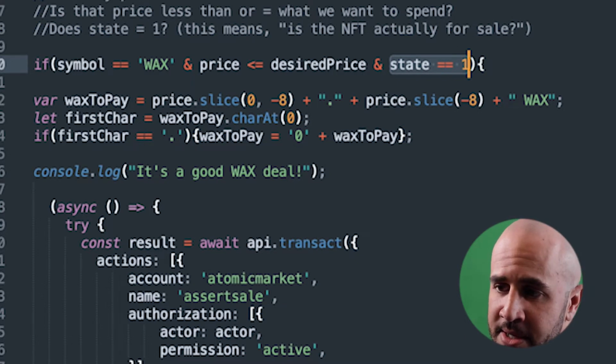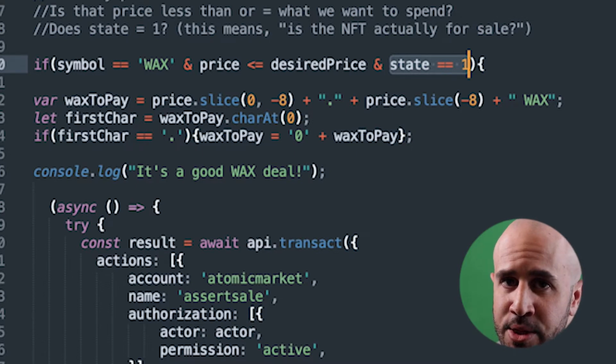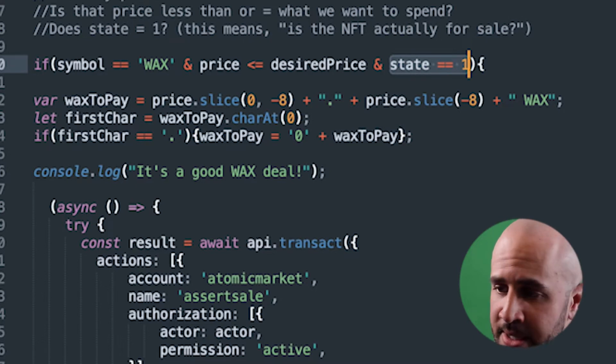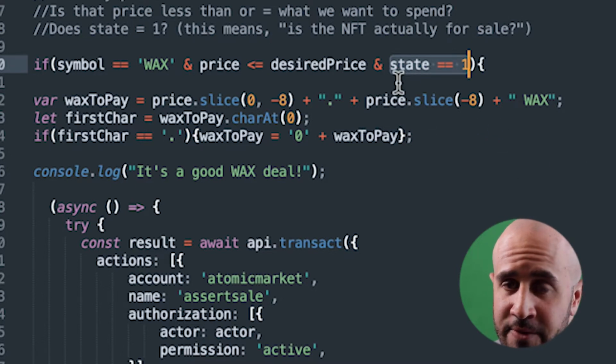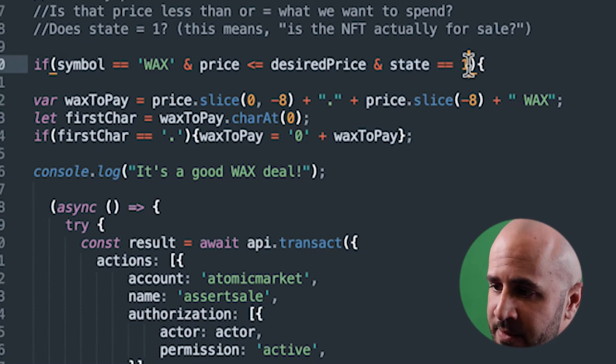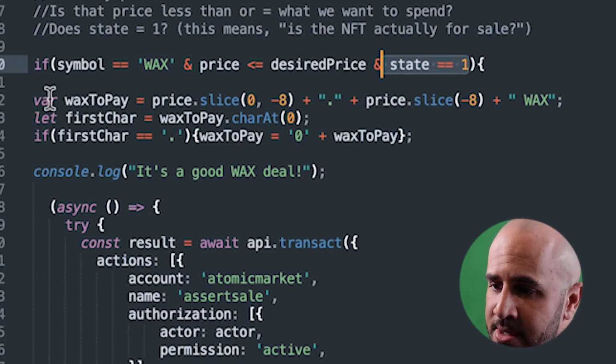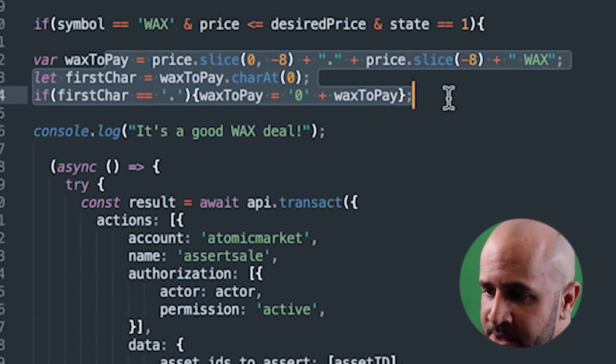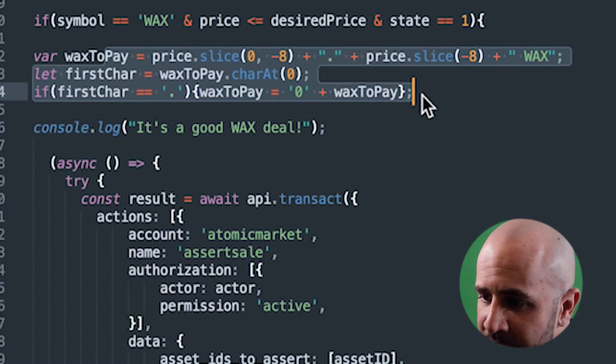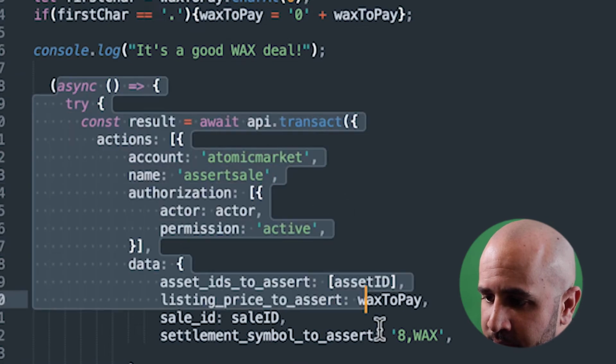Well, that sale is still going to show on the blockchain, but it's going to have a different state. It's going to be state 3. This sale was already bought. Well, we don't care about that. We only care about if it's actually listed for sale and I can buy it right now. So if the state equals 1, then we want to perform our calculations. All right, so everything under here is just a bunch of numbers, and then we have this function right here